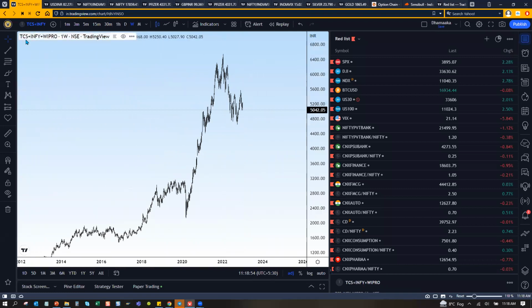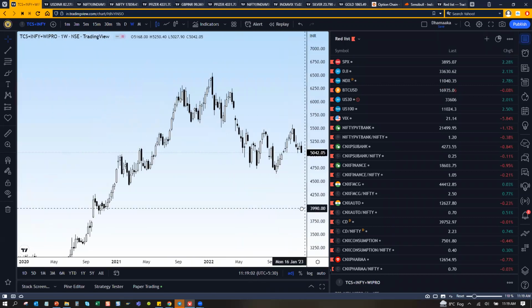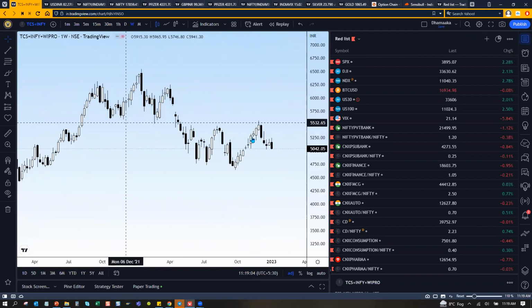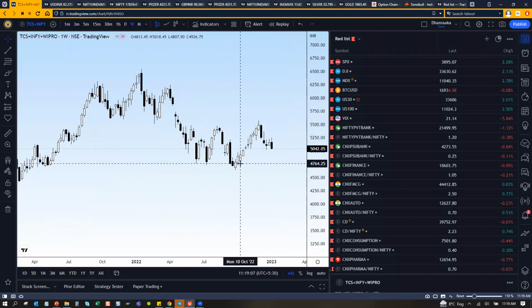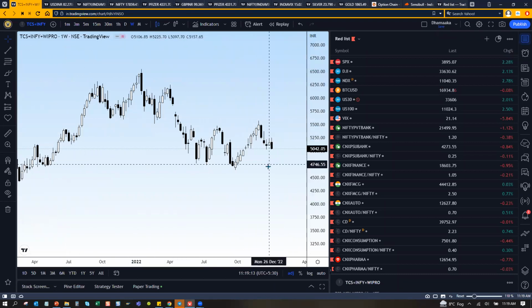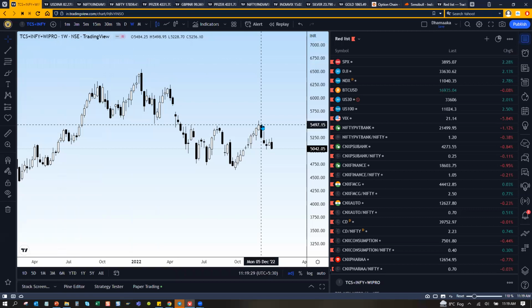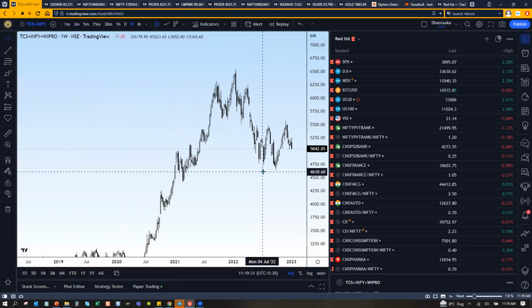Now what you see is a combined chart of TCS plus Infy plus Wipro. I'm not bothered about, for example, how the Nifty IT index is doing, but this is the crux. This is going to move. If I believe they are the heavyweights, then this is what you should also be looking at apart from the IT index. Once you do this, everything has a 33% weightage, and this is the combined value, 5042, of these three put together. Such things also help you do some analysis differently.